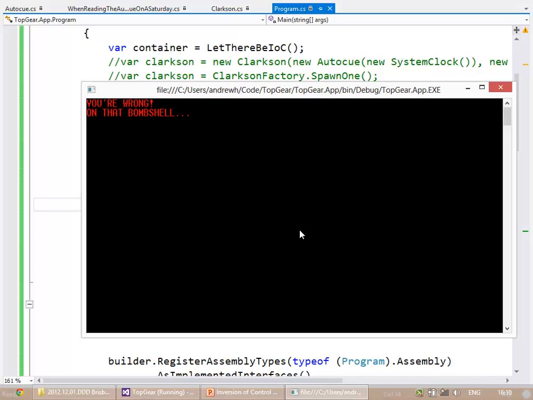At the beginning, if our Clarkson wasn't giving us the right behavior, then we're just stuck. But at the end, we've got tests for each one of these individual little components. If one of those tests breaks, we know exactly where the component's broken, and we can fix it really fast. Does that make sense? Cool.